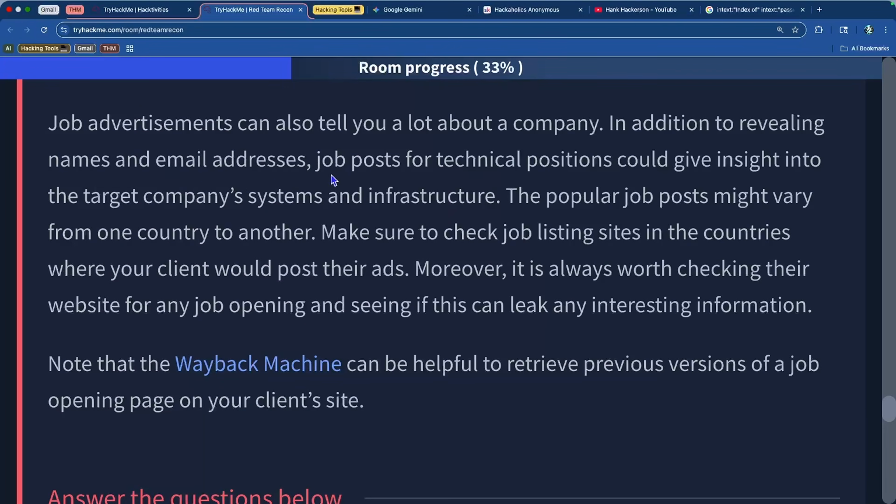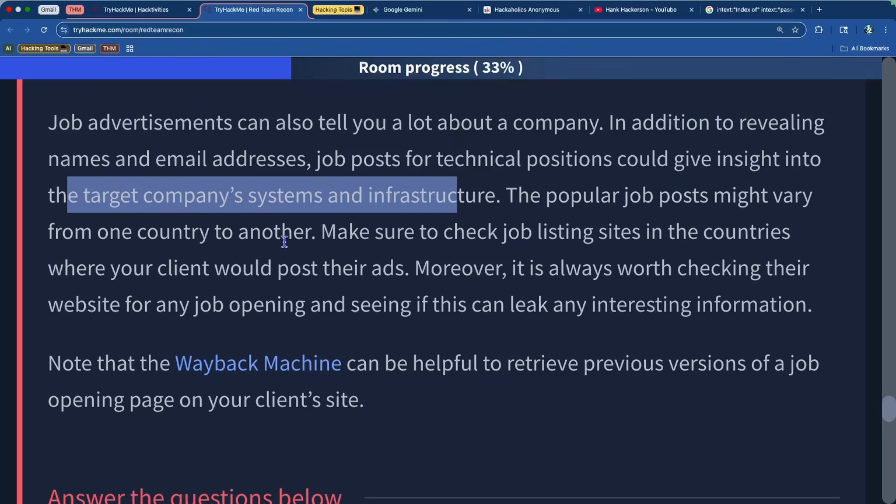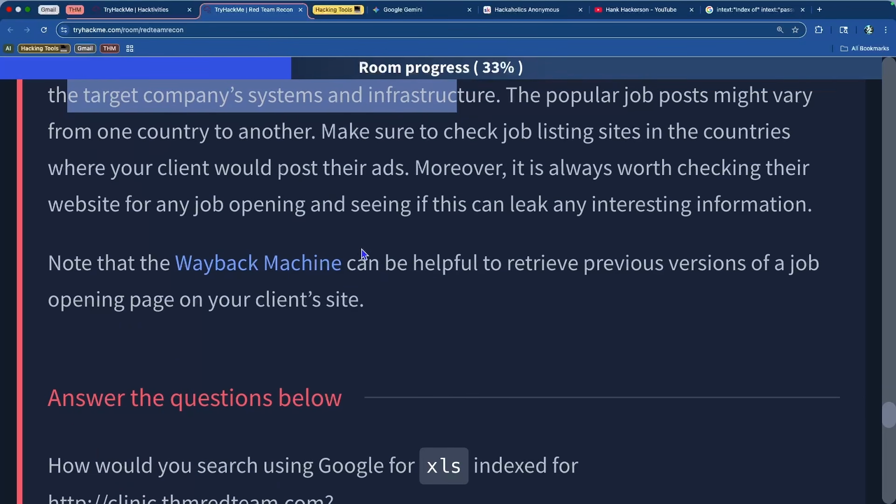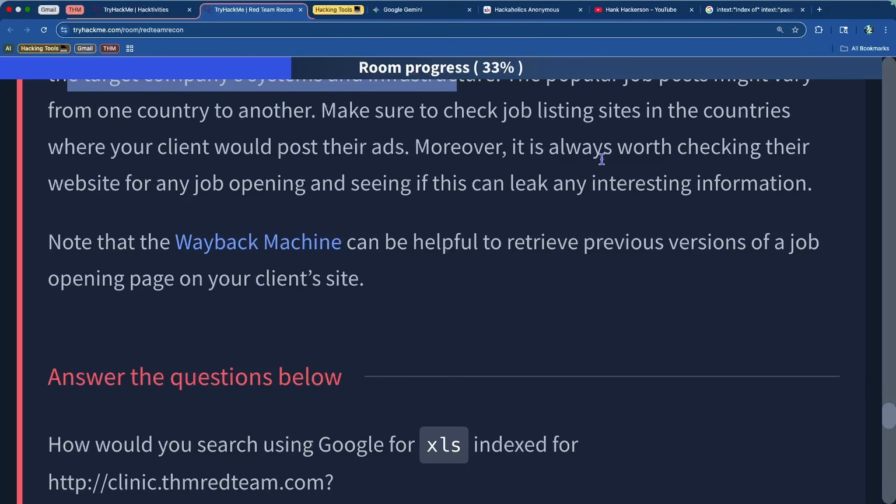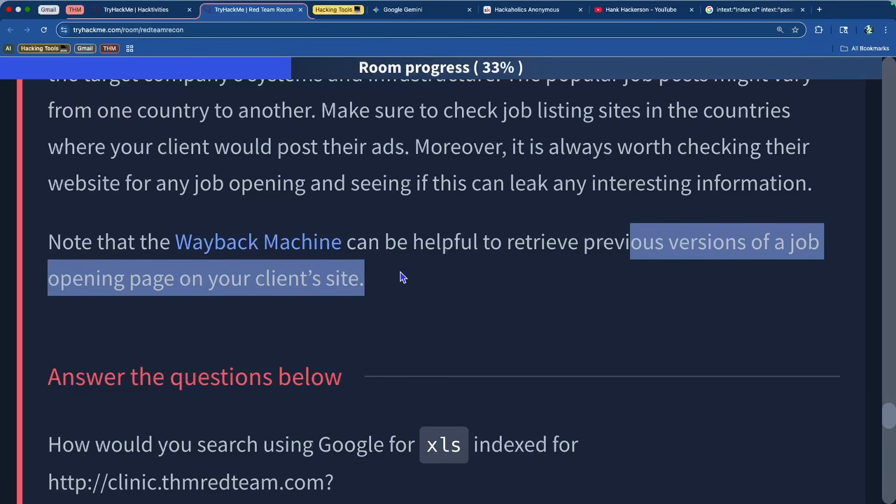So names and email addresses. Job posts for technical positions can give insight into the target company's system and infrastructure. We already talked about this. So it's really crazy to think about. And there's something also known as the Wayback Machine that archives every iteration of a website. So previous versions of a job opening page for a company,